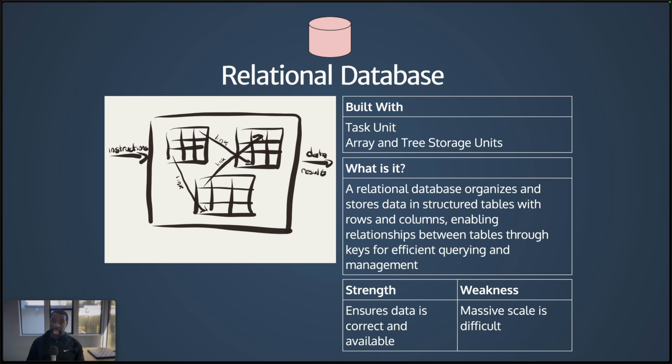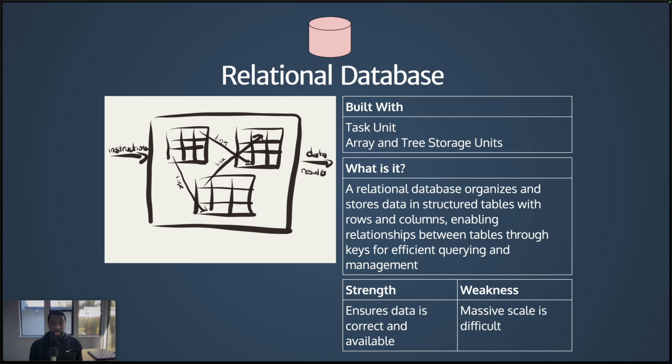So that's why you have the task unit over these array and tree storage units. There's arrays to represent the tables, and tree storage units that provide the links between the tables, but you have it all surrounded by a task unit that takes in instructions on what information to get, what information to insert, to delete, to update, things of that nature. And then it does operations on these arrays and tree storage units to give you the data result. We've been using relational databases for decades now. This technology is very robust and mature,